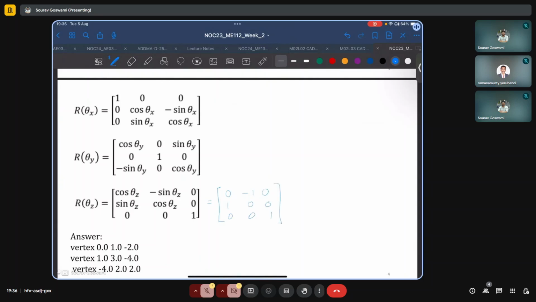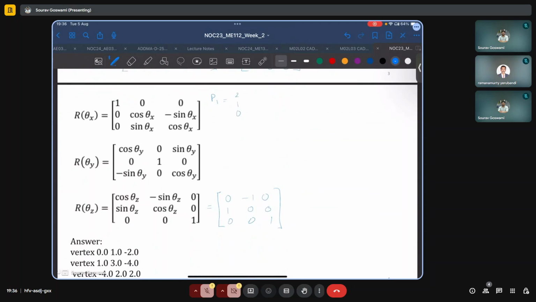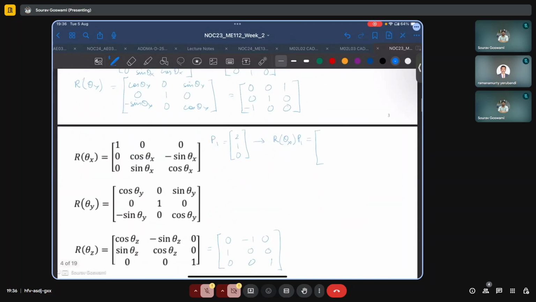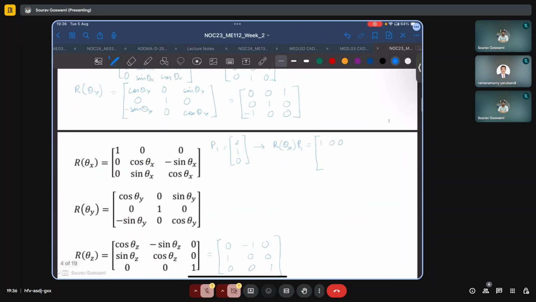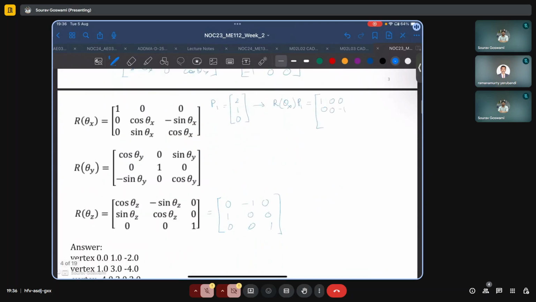And if we do this operation for any one point, say P1, originally P1 is given as 2 1 0, then R theta x times P1 will equal 1 0 0, 0 0 minus 1, 0 1 0, times 2 1 0,